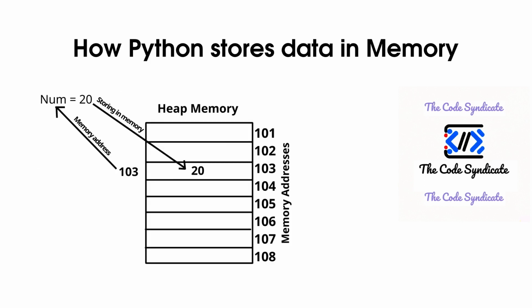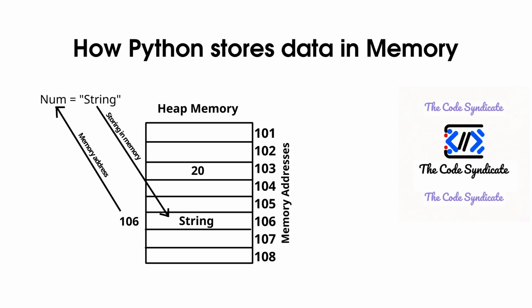In this image, you can see we have a heap memory with multiple memory blocks, and addresses of these blocks are also given. Now, Python stores this value, in our case it is 20, in one of these blocks, and the address of this block is assigned to this variable, num in our case. And when our program needs to retrieve the value of this num variable, it fetches this value with this memory